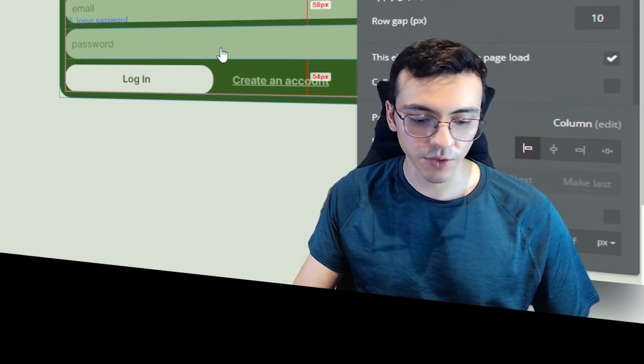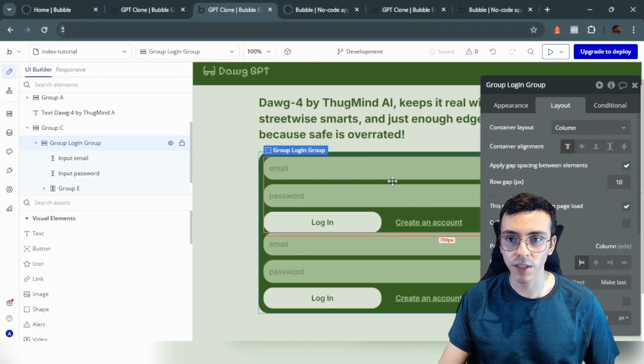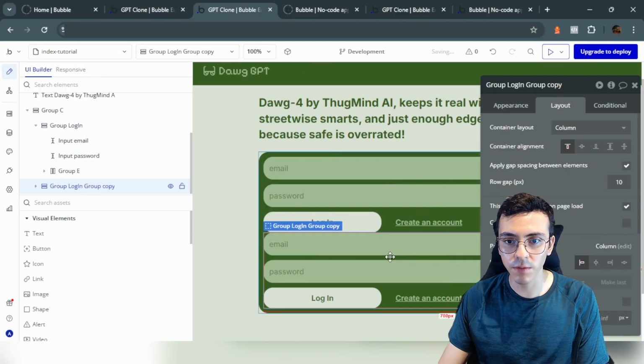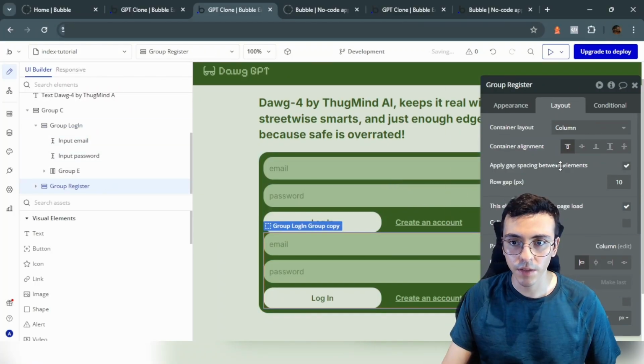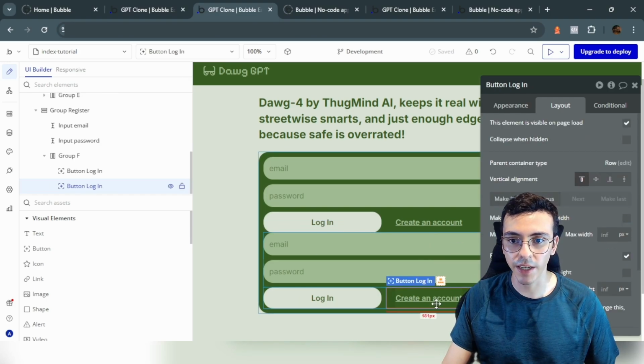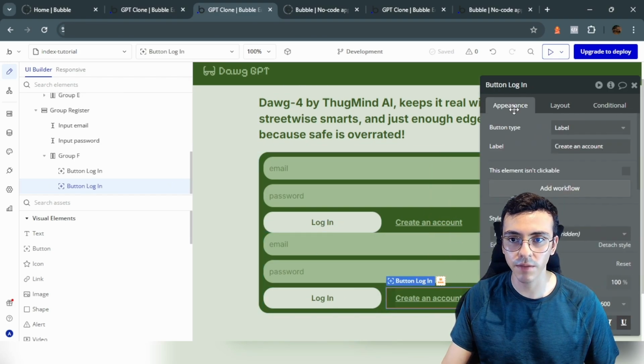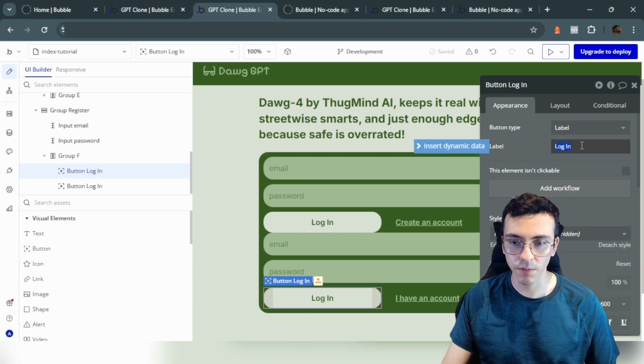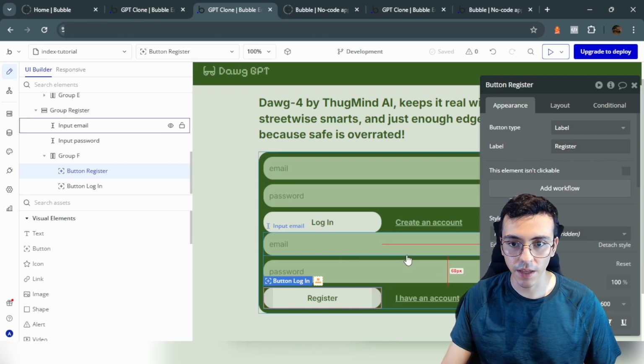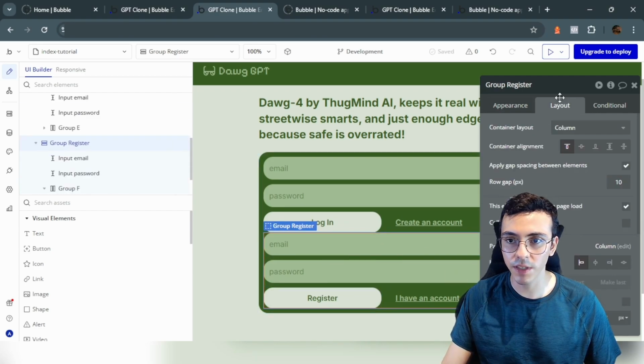Click here, Ctrl D, and replicate that. So this will be the login group, and this one will be the register group. So here, instead of create an account, it is going to say I have an account, and this one will say register. Okay, now in this case, this group is not going to be displayed when the page is loaded,